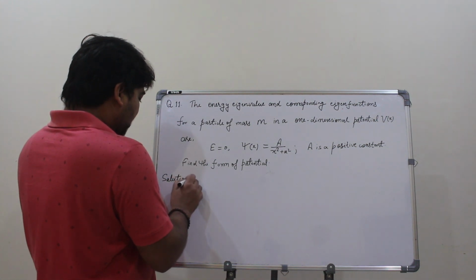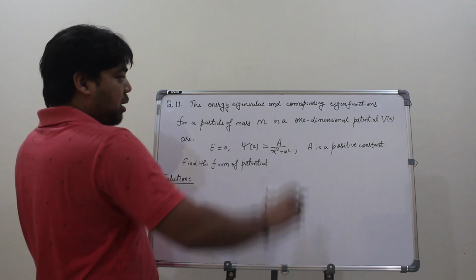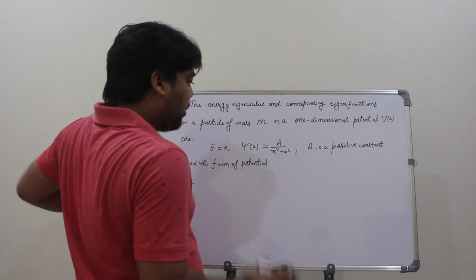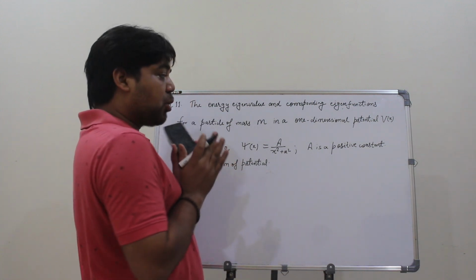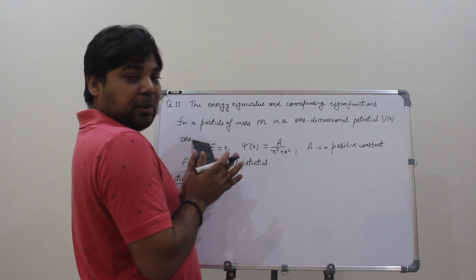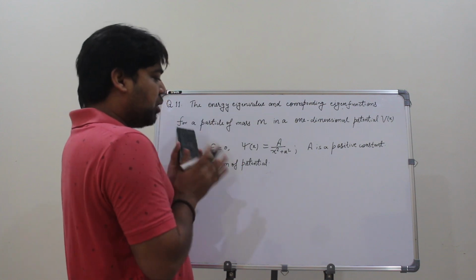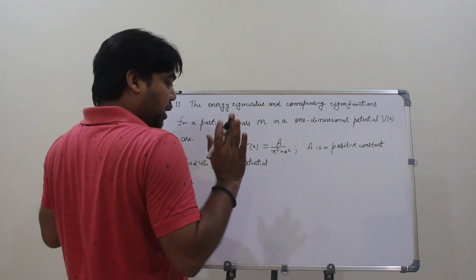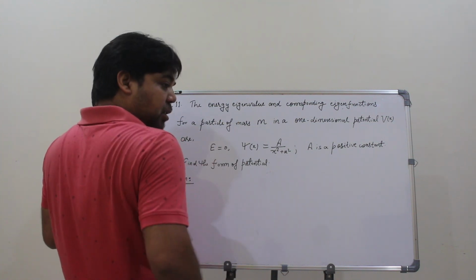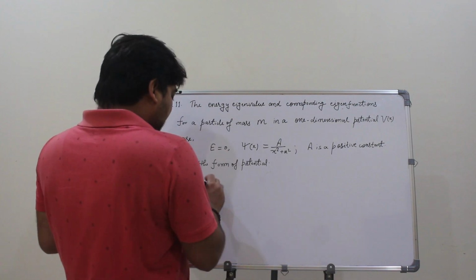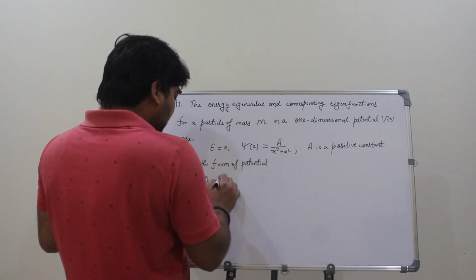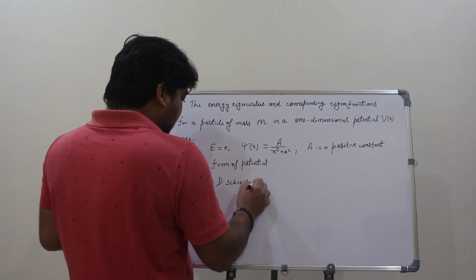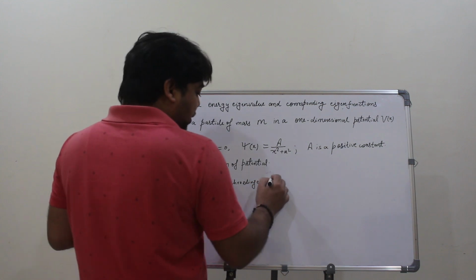कैसे करेंगे हम इसको? अगर आप इसको ध्यान से देखिए, तो it's a 1D problem, a one-dimensional potential problem. So what we will do is simply apply the Schrodinger equation in one dimension. हम इस one-dimensional Schrodinger equation को apply करेंगे, और we will try to solve for the potential, right? So let us write the one-dimensional Schrodinger equation. लिखते हैं. So 1D Schrodinger equation is written as